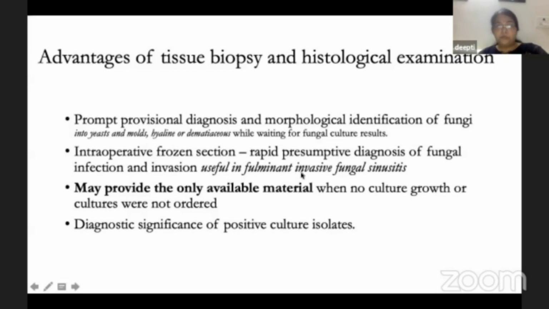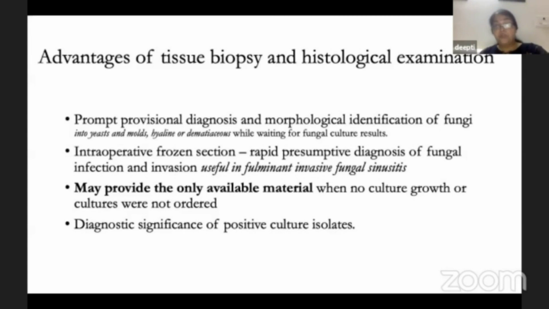Now, tissue biopsy lets you comment upon the type of inflammatory response, as Dr. Samla discussed yesterday, and the type of inflammatory response also gives you a clue about the morphology of the fungi. Now, another advantage of tissue biopsy is that you can detect certain non-viable fungi, fungi that are difficult to recover on culture. An example is mucorales. And it also helps you to decide co-infection.